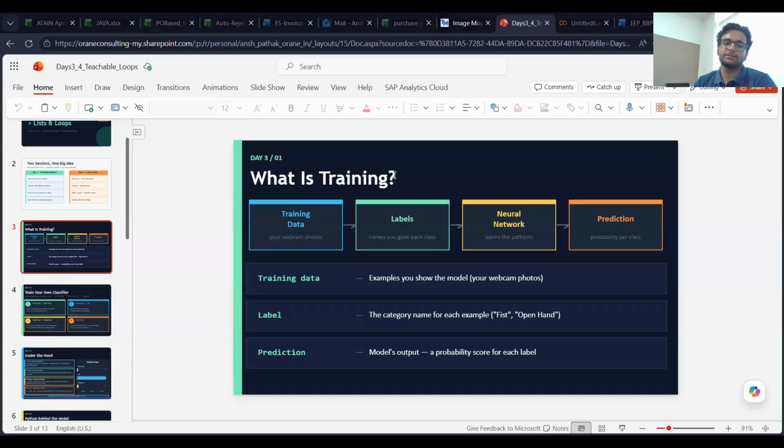So what is training? Training data is the essential part through which these AI models work as they do currently. Today we will demonstrate an example where I click some images from my webcam and train a model on the link I've shared, just to get a view of what training means, because behind the scenes training has a lot of steps and instructions.